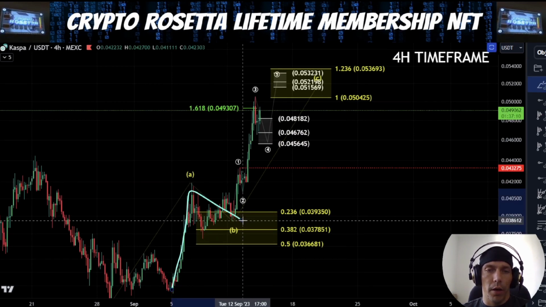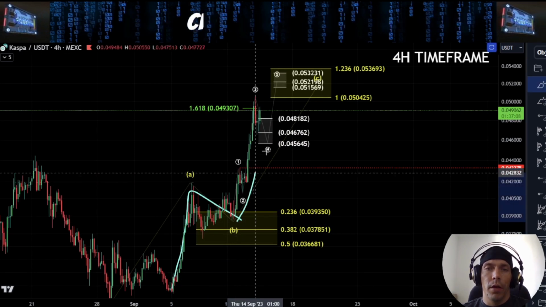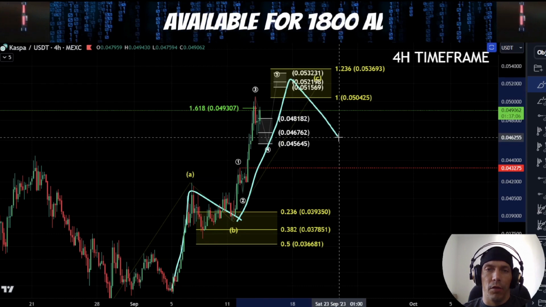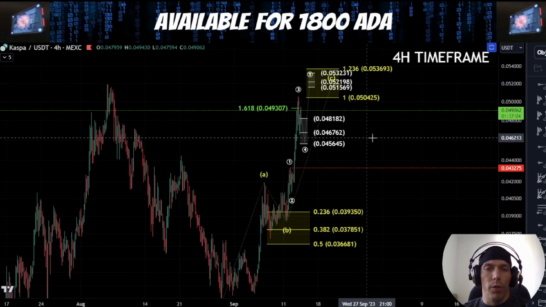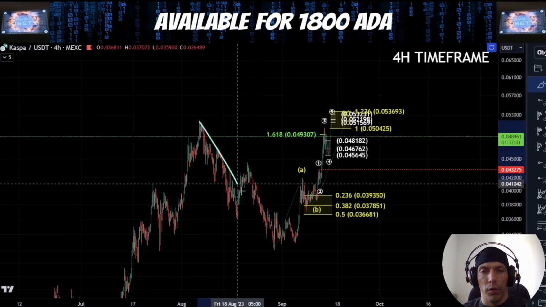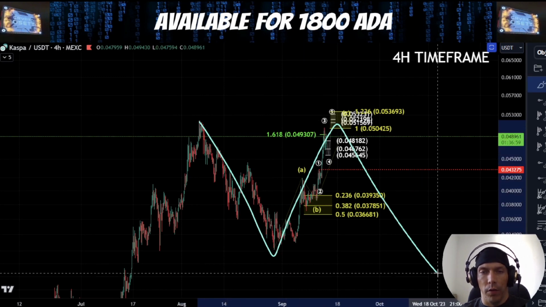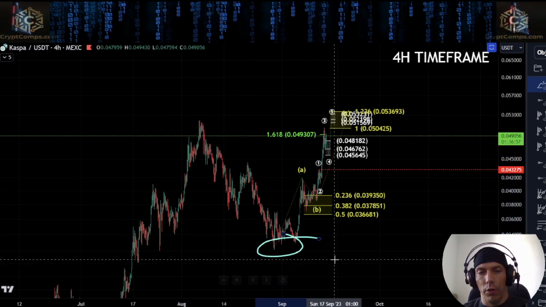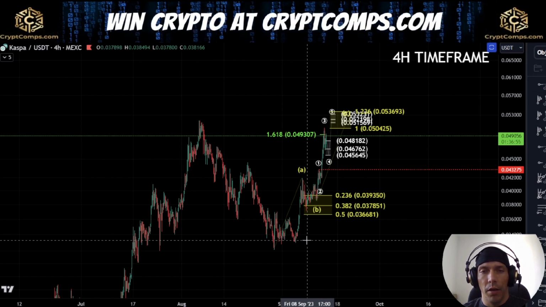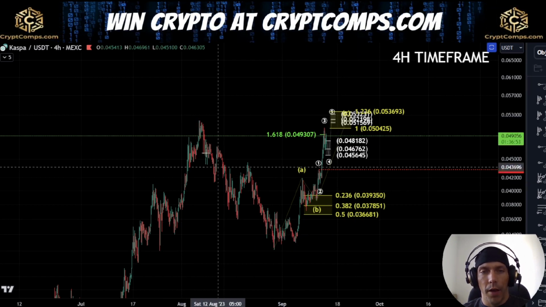Basically, if we are looking at this as 1, 2 here, and we see this as 3, we would be expecting to find support higher up here. Within this count, what we'd be saying is that price is going to do this A, B, and then C. Now the C wave could potentially look to take out this low again if we do look to push above the high.